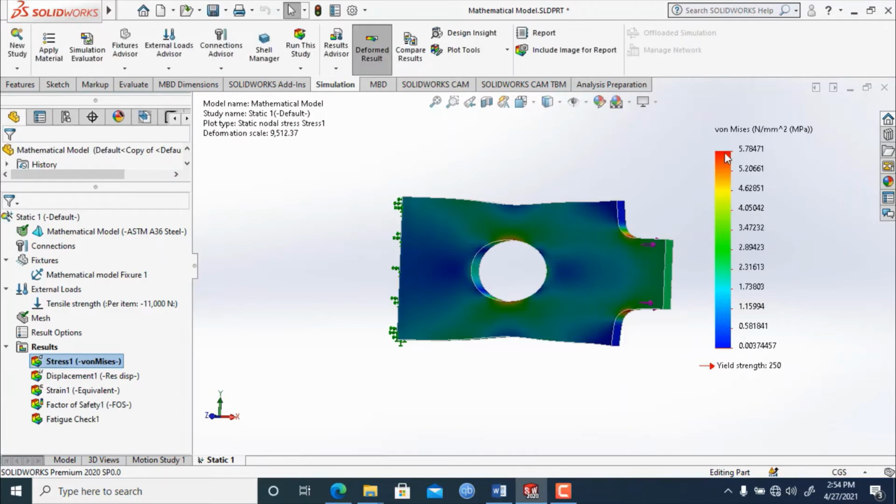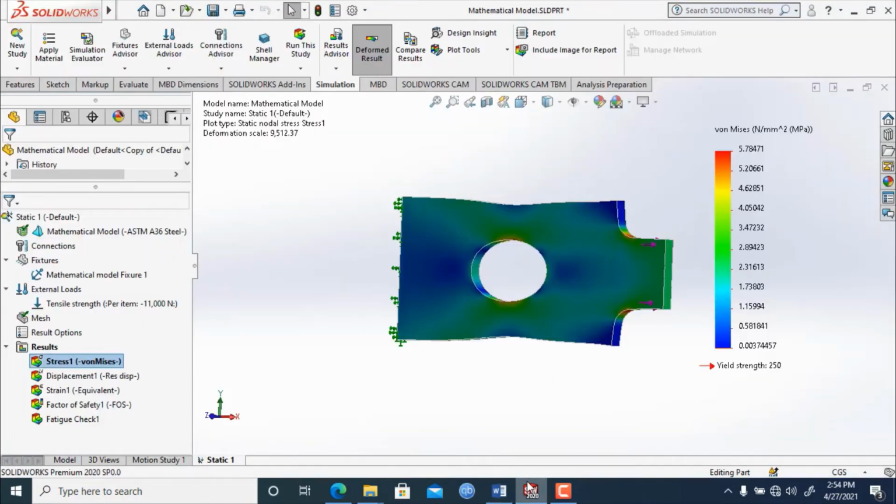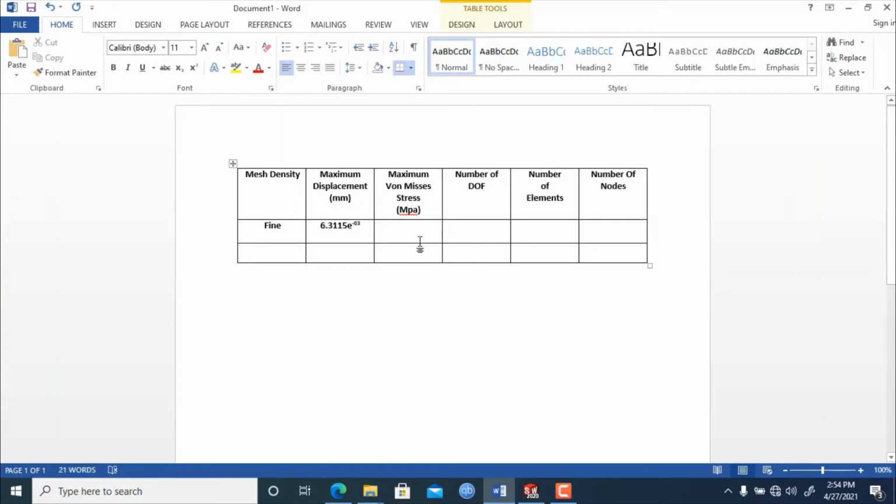You will see that the von Mises stress has been converted to megapascal. So we have 5.784 megapascal. Let's note the value 5.784. Just right click on it, make it bold, make it centered.